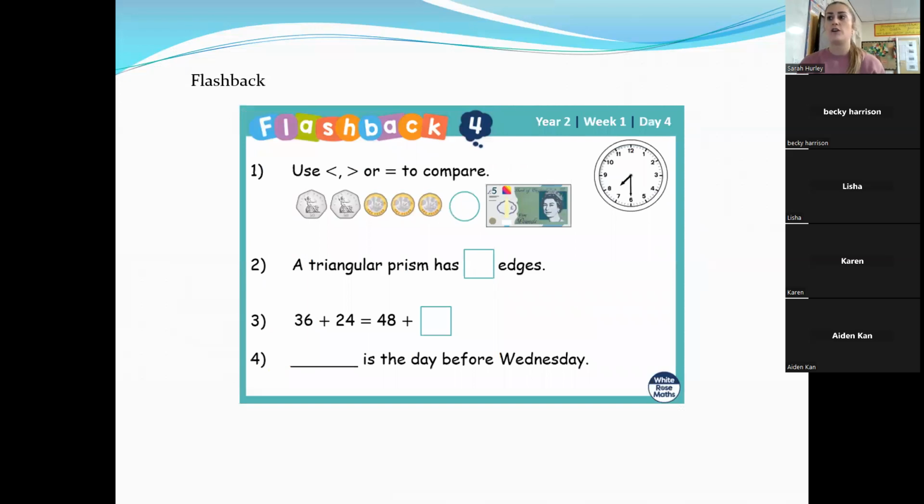Just moving on to what teaching looks like at St Mary's. This is just an example of the flashback that we do at the start of every lesson. And I think it's one of the most effective things that we've brought in at St Mary's. So the idea of the flashback is we recap what we've learned. So we recap what we did yesterday, we recap what we did last week, and then we recap things from